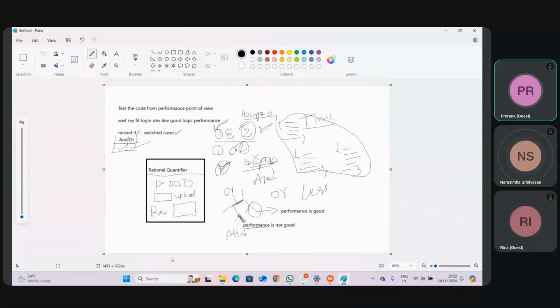So these are the 4 points. Just write down: test the code from performance point of view. One point I told: by writing good logic, performance can be improved. Next, instead of using nested